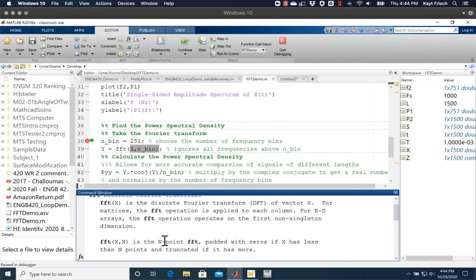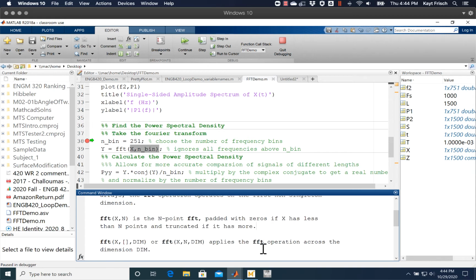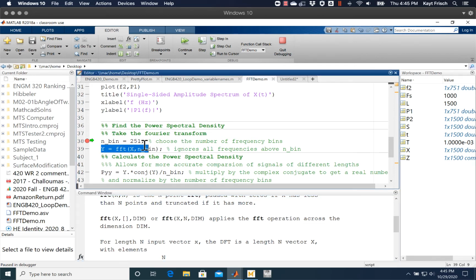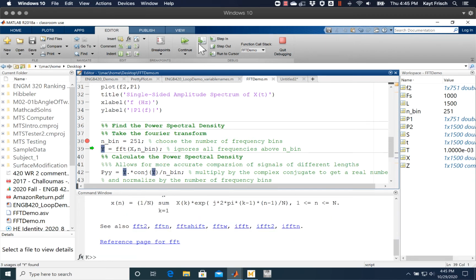So help says n is the endpoint FFT with padded zeros if x has less than n points, and truncated if it has more. So this is going to be truncated because x has more than n points. So we're going to go ahead and do the Fourier transform here. And then after we've done the Fourier transform, we get our signal y. And if we plot y,